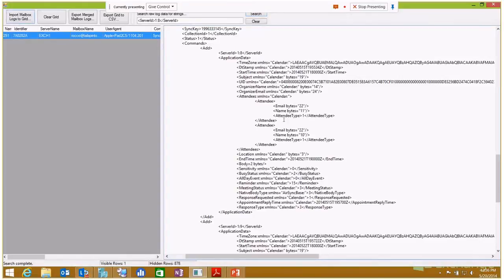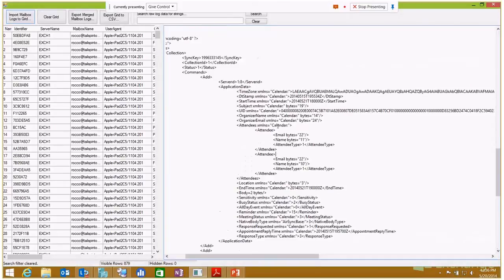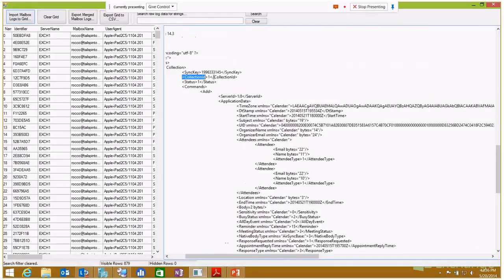So from an Exchange perspective, the server sent an add for this calendar item, so this calendar item should be on the device. So either the device didn't receive it, or it received it and didn't process it properly. And we can see here, this is log entry number 291. So if I clear my results and just filter this now on collection ID 1, and do a search, I can see additional sync commands